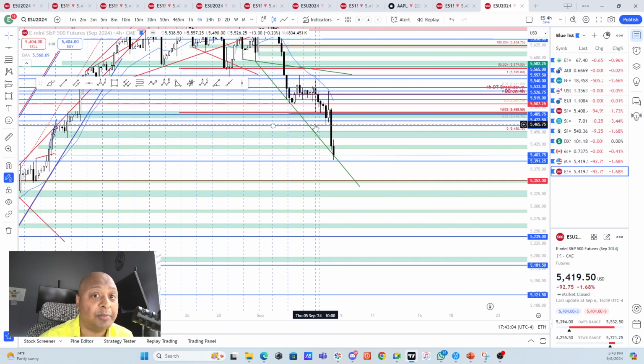But then we have to remember that there is bearish momentum in the market. If these lines break down, then I will not be looking to buy again as long as I do not see that price is coming and sitting above this particular wedge line and is holding that. And then we are getting above the close of this particular 4-hour chart, which was also the close of Friday at 5403, and we keep going up.